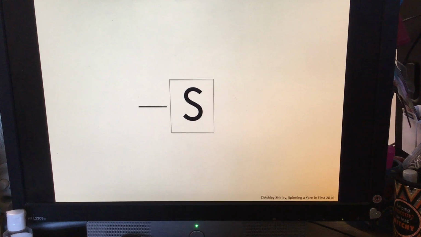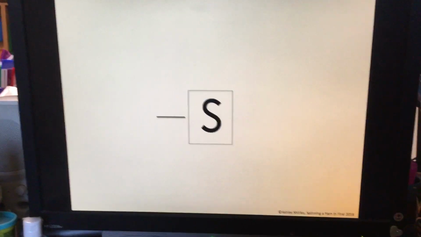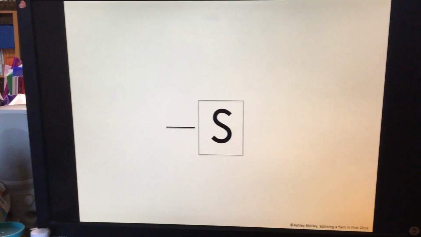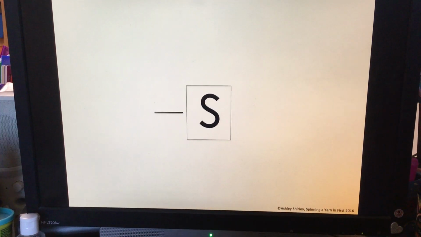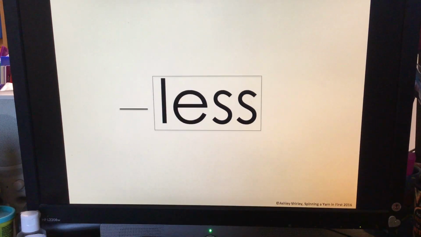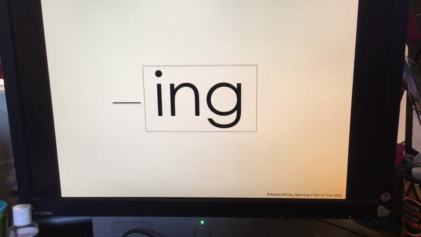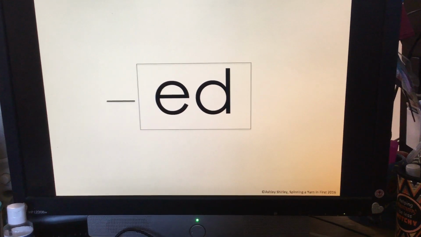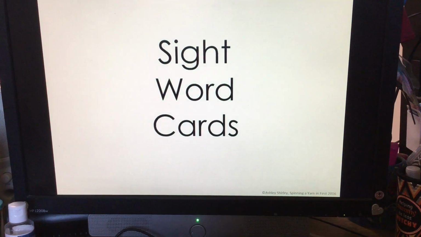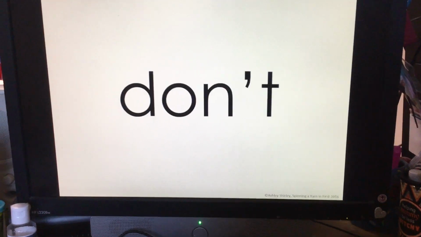Okay. S, which goes at the end of the verb to make it plural, and it's a suffix, suffix S, suffix LESS, suffix ING, suffix ED, sight word cards, put, don't,